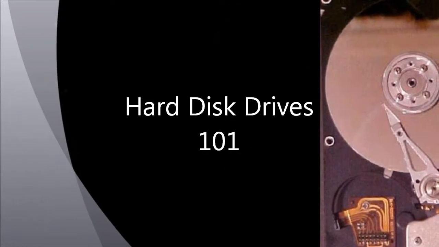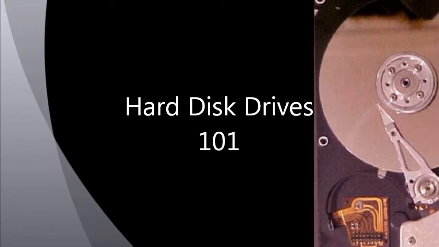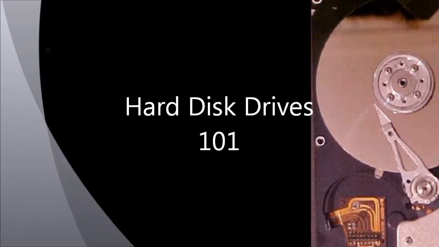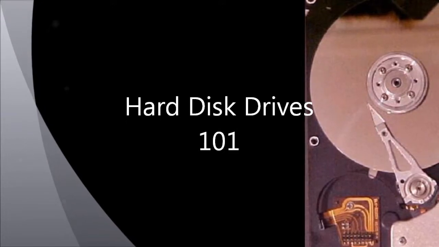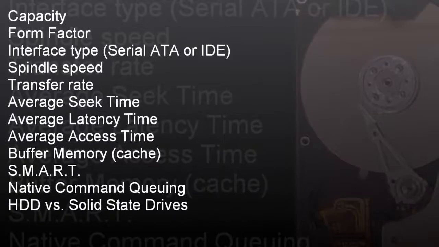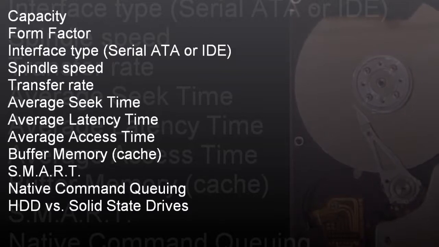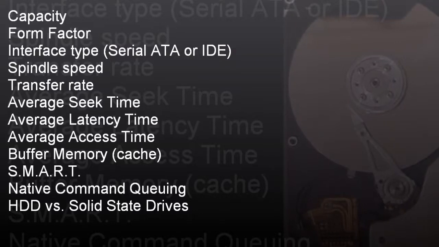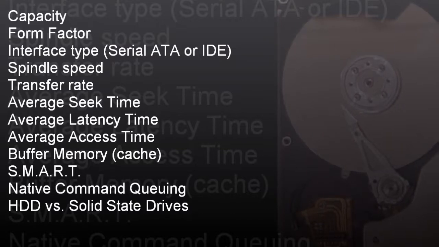In this video, I'm going to be discussing terminologies for you to know when purchasing a new hard drive. Whether you're upgrading your hard drive or just wanting to add more space to your computer, I will be discussing capacity, form factor, interface type, spindle speed, transfer rate, average seek time, average latency time, average access time, buffer memory, SMART, native command queuing,